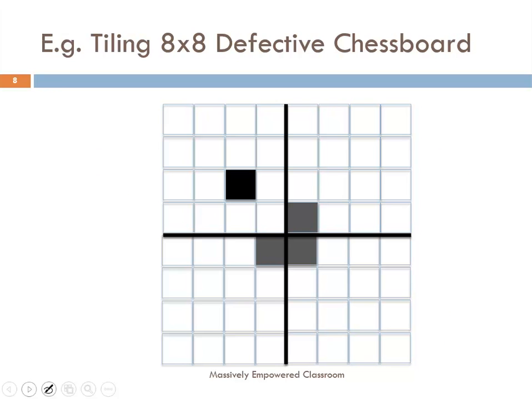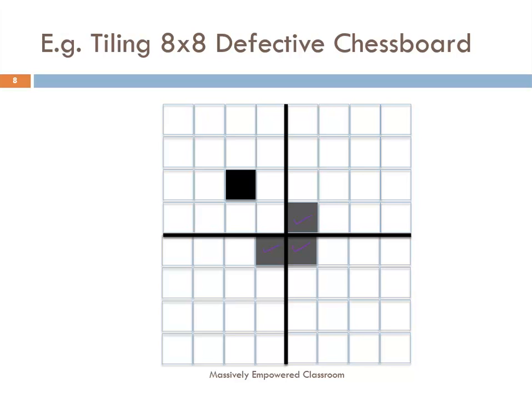And that trick is exactly this. By making these 3 squares defective, right? Now I have made sure that 2 things are possible. One is all the 4 sub-problems are also defective chessboard problems in the sense they have exactly one defective square,